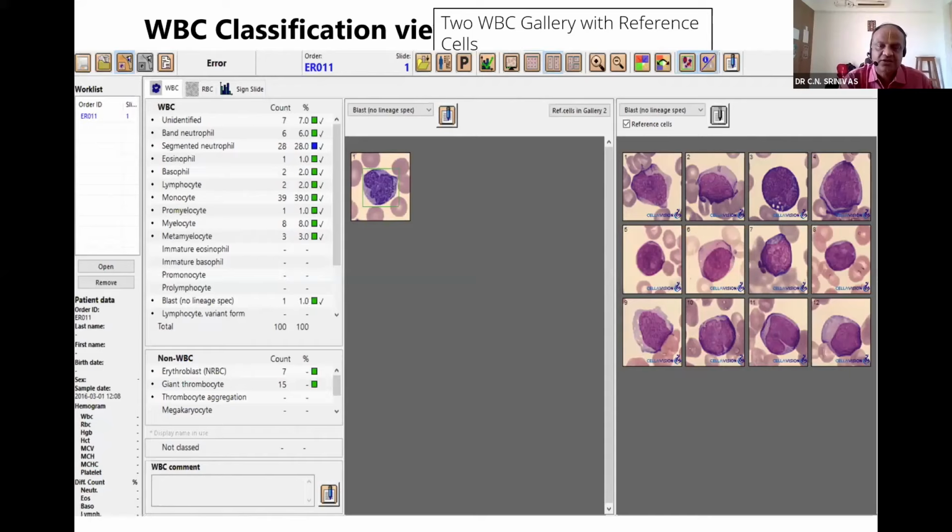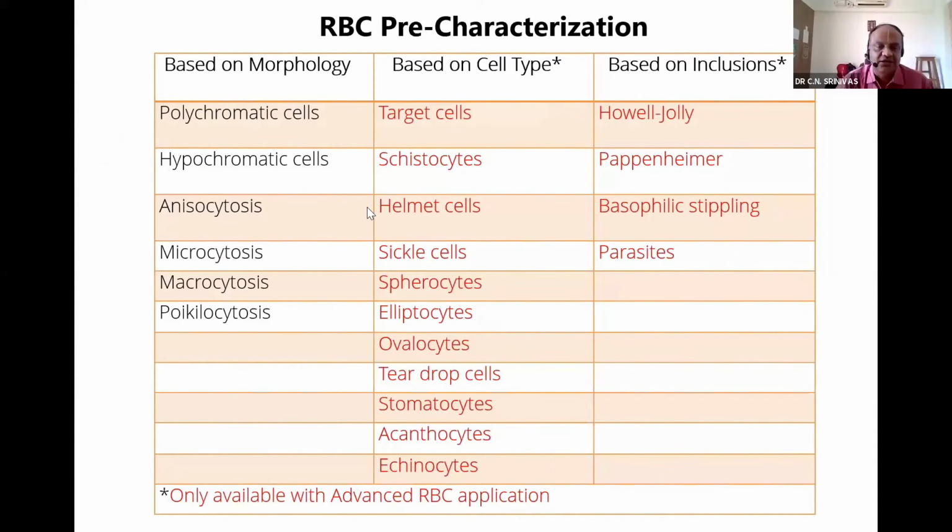So the image library helps us understand whether we have good traceability of the cells to the international libraries itself. Coming to the RBC classification, the RBC classifications are based upon the cell type as well as the inclusions, which you can see here, starting from the sickle cells to the schistocytes to the